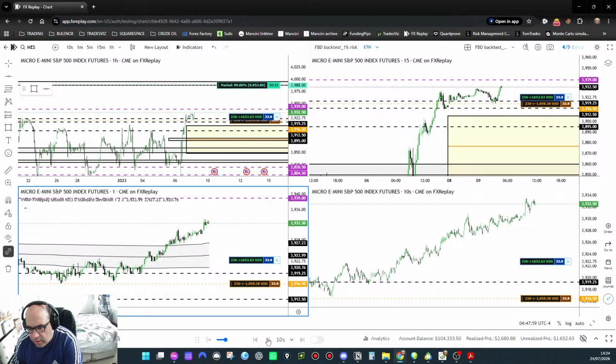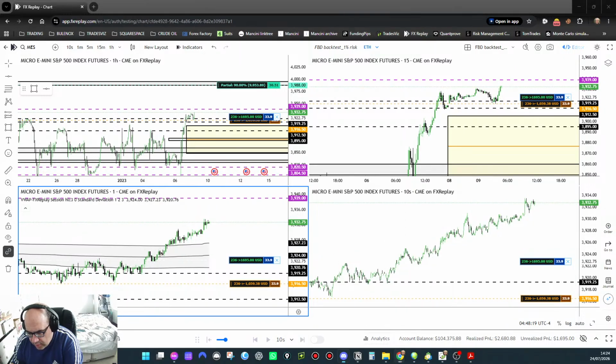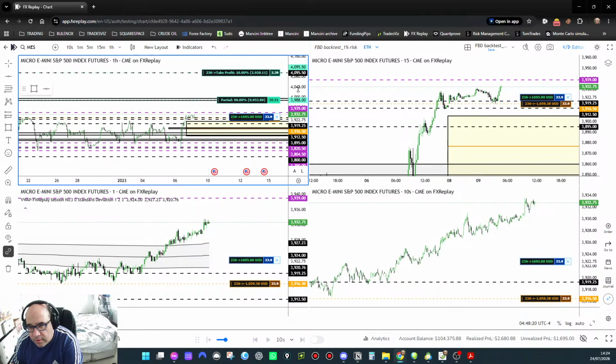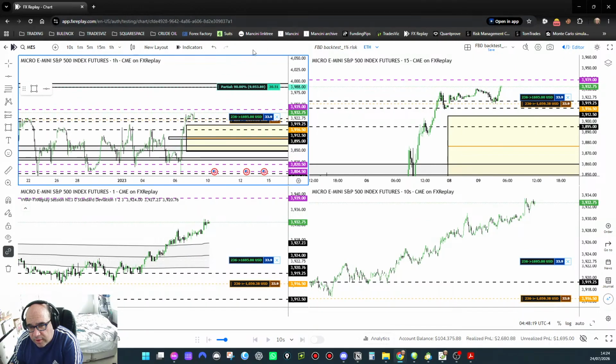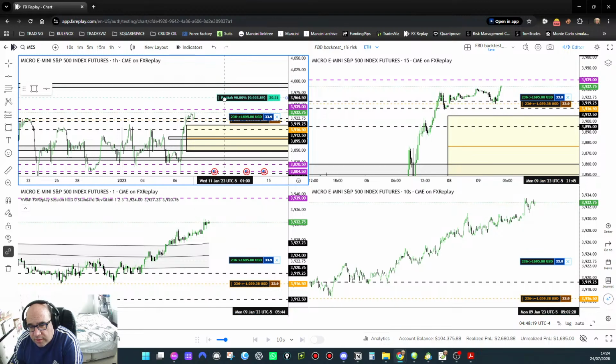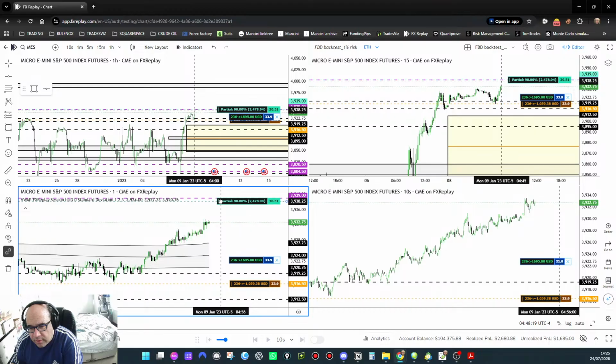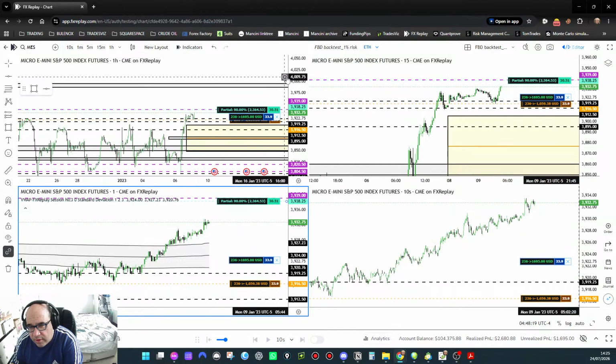By the way, I'm gonna readjust the partials. I'm gonna leave that as a runner. It's my runner. So I'm gonna take partials at this inflection point, maybe a little bit lower, like this. Okay, and I'm gonna leave the runner